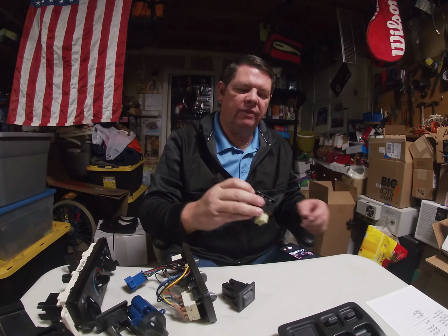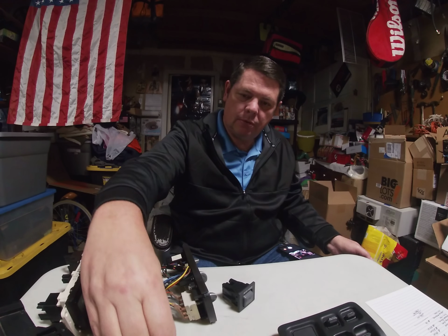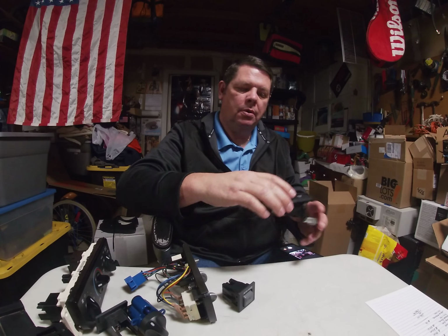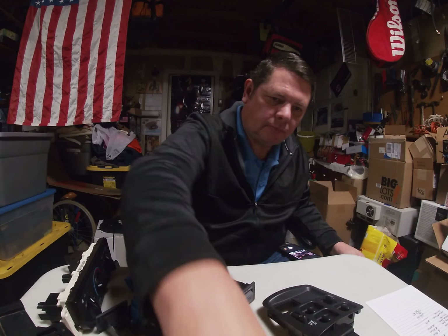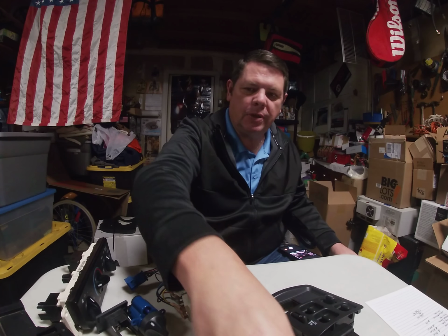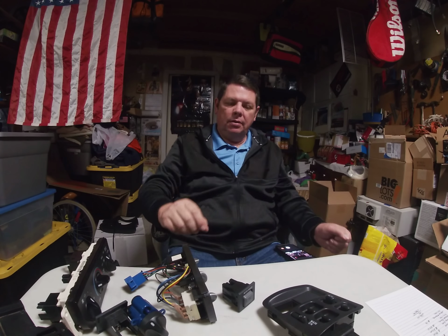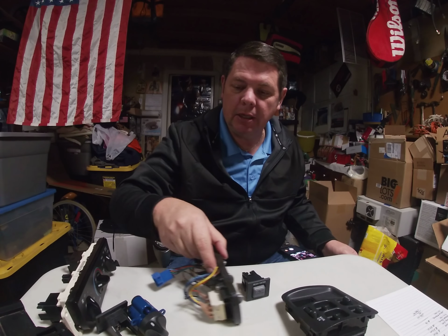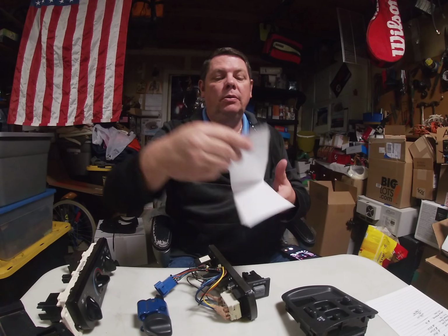Out of that Honda CR-V, the mirror controls, power window control, and this dimmer switch. The only problem is with the dimmer switch, I have not been able to find the part on eBay to compare it to get some type of dollar amount. So just so you know,